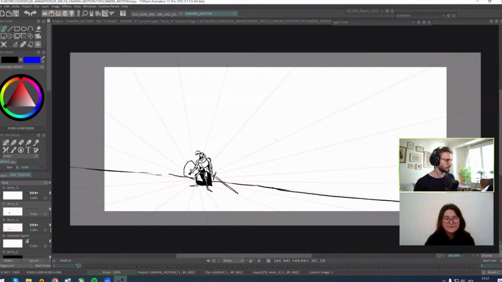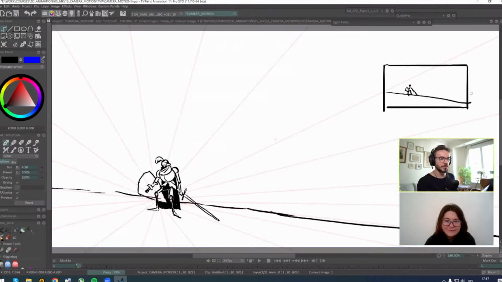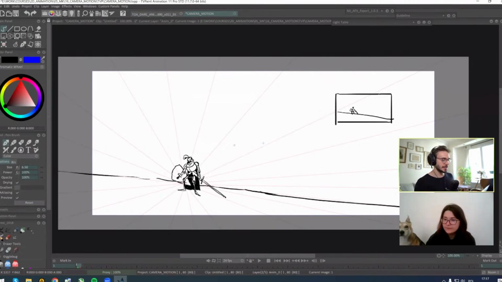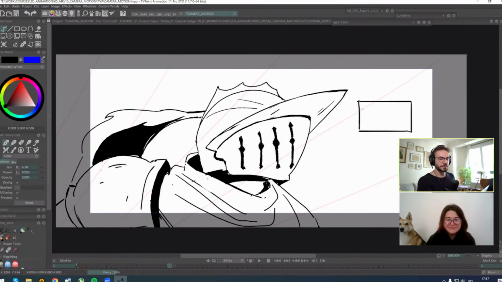Thumbnails are one of the tools, let's say, that can help you imagine a scene. For example, you can draw a small screen, and you can draw just the composition, just to find out what's going to be happening here. For example, you have a shield, you have a sword, you have a head, and it's enough to imagine the composition, how it's going to look, because you can see it's almost exactly the same. Next frame, for example, you draw